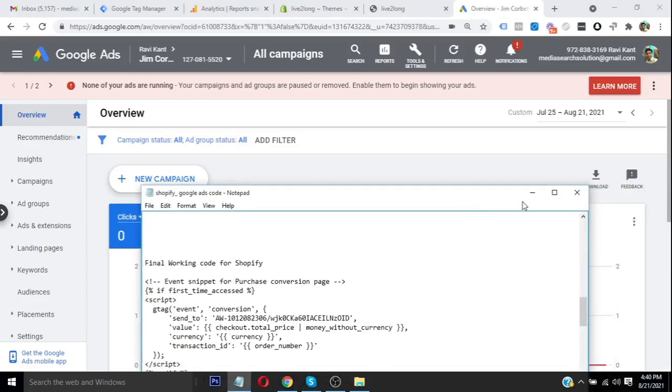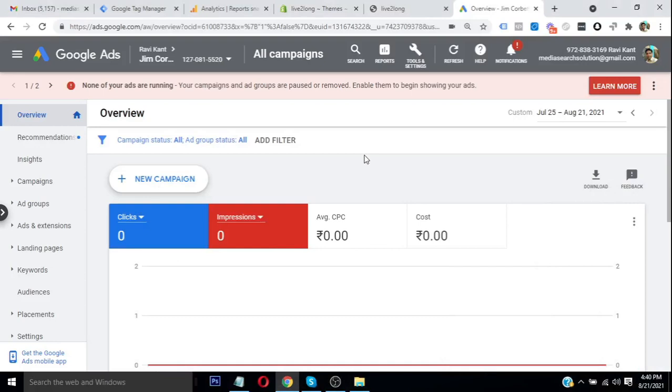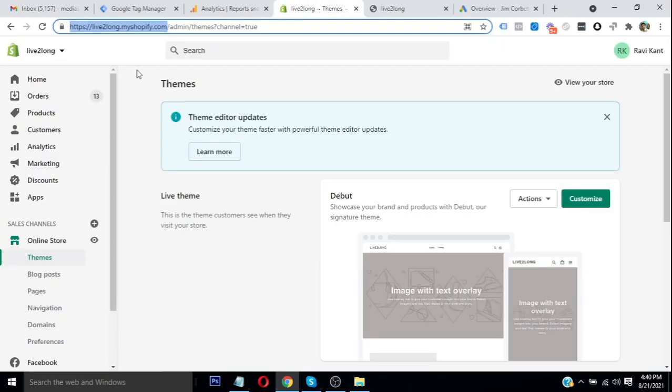Today we are going to explain how you can configure your Google Ads conversion e-commerce tracking with a Shopify website. It's very simple and I will explain step by step. So let's get started. First of all, we will need to log into our Shopify back admin panel, and once